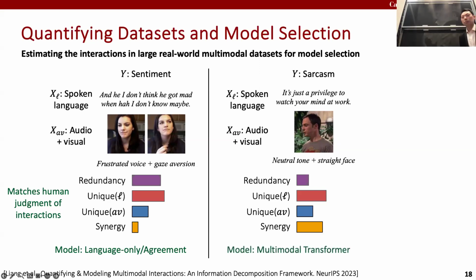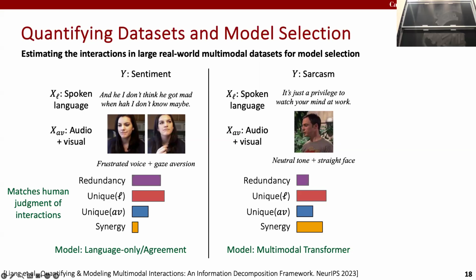And we can propose using a multimodal transformer model to capture these synergistic interactions in your data. Yes? So are these graphs showing visual information for two different data sets, one of which is a set of examples, one of which is sarcasm? Or are you showing something about the particular visual information that each of these particular examples would respect? Oh, we're showing it for the whole data set. So we're not doing point-wise, we're just doing general visual information. We're using the estimators that we just talked about.